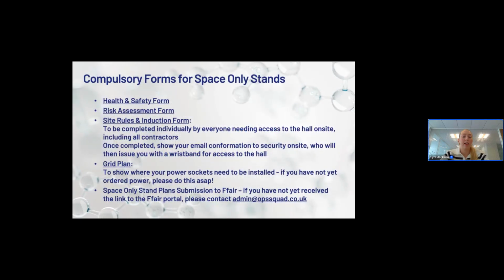For space only stands, these are the compulsory forms. So it's again the health and safety form and the risk assessment form. And then again, it's the site rules and induction form. It's really important that everyone who needs access to the halls, that includes stand builders and any contractors who are building your stand, will also need to complete this form individually. And then they'll need to show the confirmation form to security, who will then give them a wristband to access